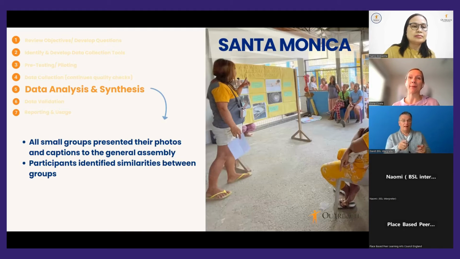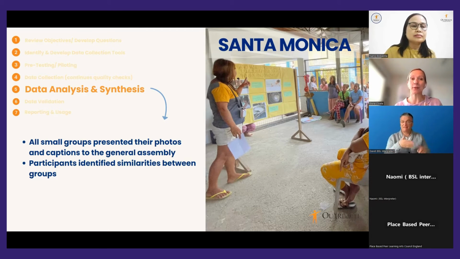Coming back to the bigger group, the different spokespeople from the different hamlets then presented their data and their explanation for their data, which is in the form of the photos. And that set them up very nicely for the analysis part of the process. As they were doing that, Agnes shared that the groups very naturally identified similarities in the topics in their respective groups.